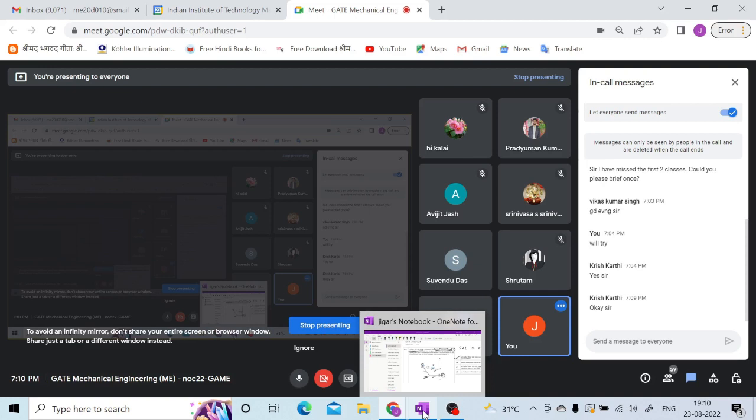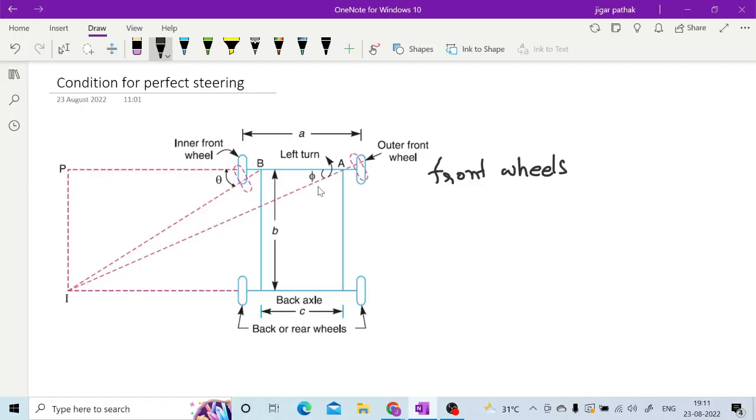Here, if we see the condition for perfect steering, whenever a vehicle is taking a turn, the steering mechanism is provided on the front wheels, right? So whenever this particular wheel is going to take a turn, both wheels make certain angles, as mentioned, inner wheel and outer wheel,